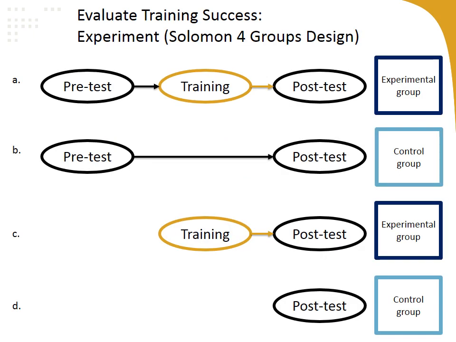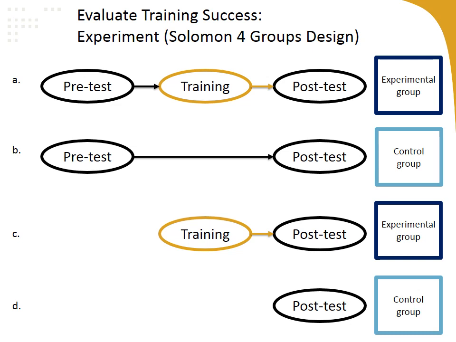So in those quasi-experimental methods, it was really just assumed that a certain training tool was going to work well, and it was just implemented company-wide. But it's actually really smart to test the effectiveness of the training tool in a sample of employees first, so that you avoid wasting a lot of time and money implementing a training program company-wide or for all new recruits that doesn't really have the payoffs that you're hoping it would.